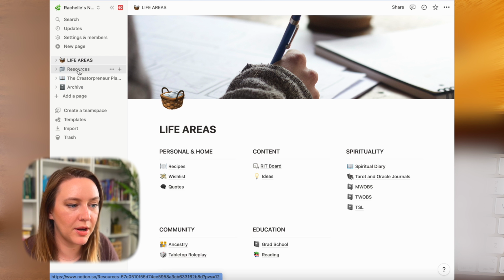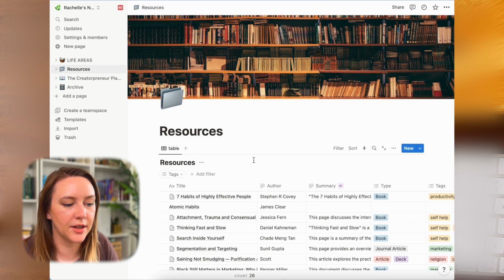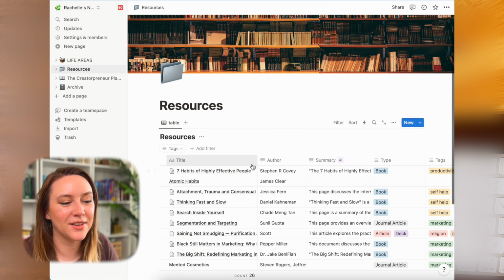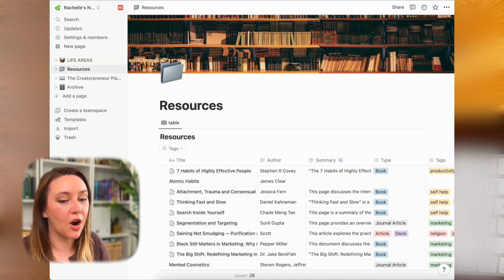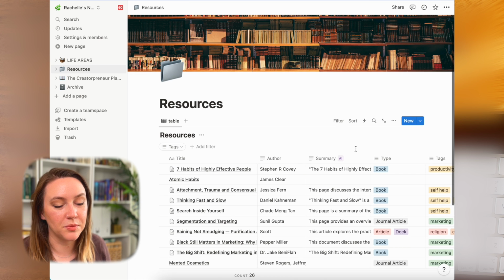But we're primarily in the resources section here, which is just what I love. I love this place. So my resources is essentially like my second brain. This is where all of my notes are stored on various books, articles, etc. that I consume. So I basically never lose a piece of information. And I have a big database here of basically everything I've ever read or consumed that I thought was worth